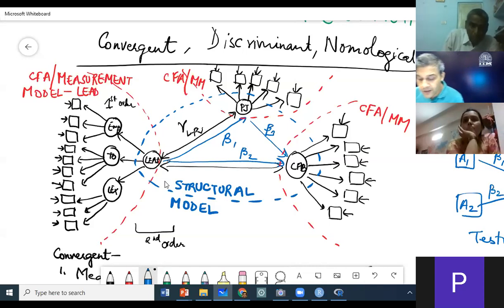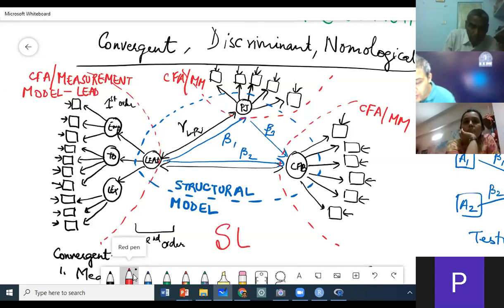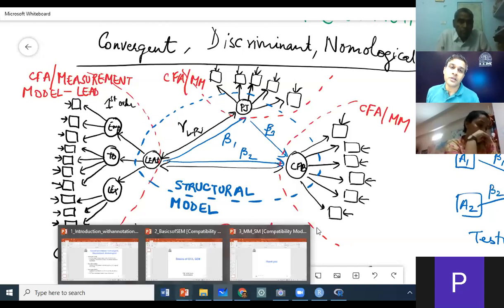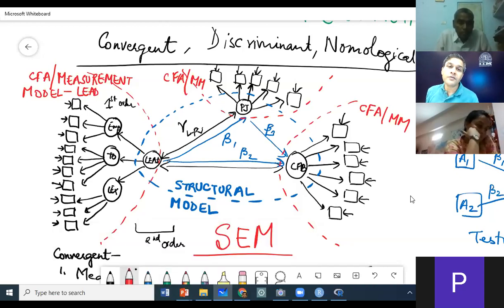All of this will be done in one go through what we call the structural equation modeling technique. CFA is a part of structural equation modeling, which we call measurement models. We do measurement models and then we do structural models also.